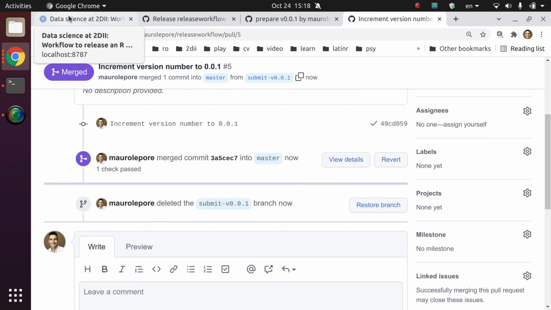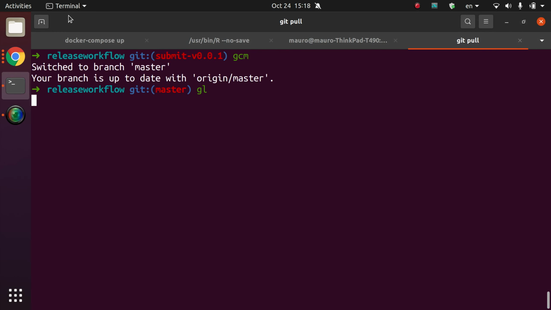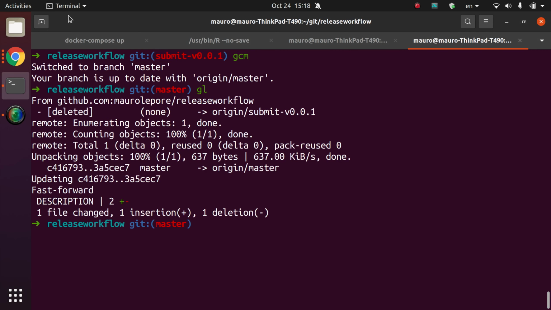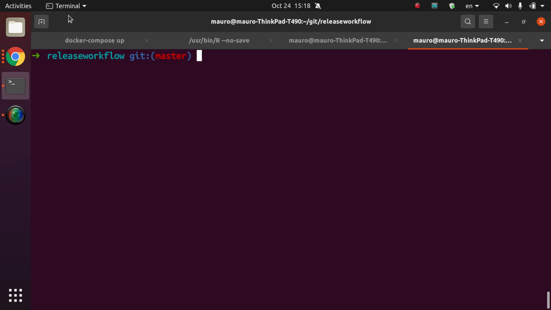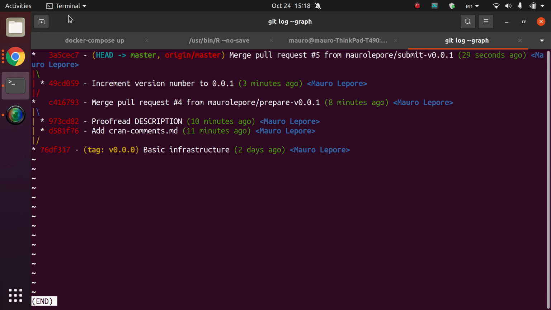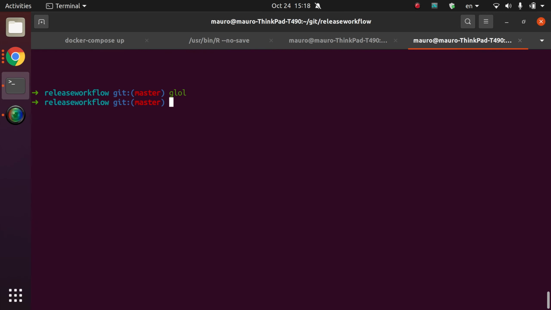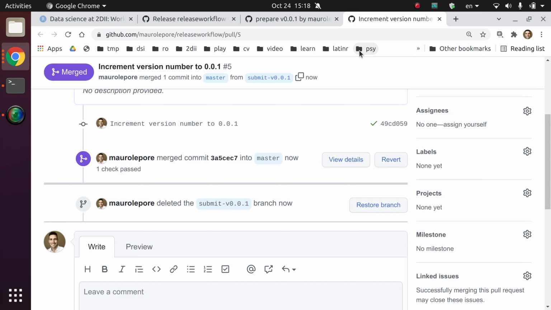So we merged that. Here on master, we can just do a git pull and delete the submit branch locally too. So now the world looks something like this, where in the previous commit we incremented the version number to a release number, and now we merged the pull request that submitted the package to CRAN. So everything is up to date. So now what we need to do is